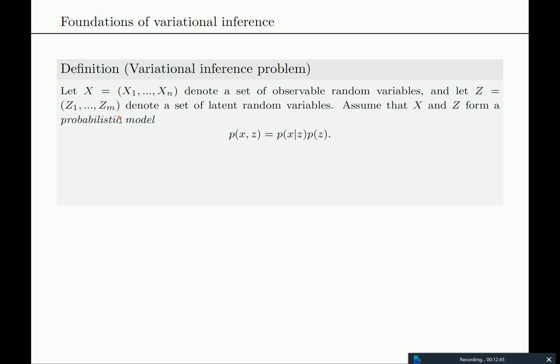These could, for example, be parameters, so one parameter that is related to all of the data points, or it could be a latent state that is related to each of these observations, like in state space models. So we are not specifying these things further for now. Later on, when we talk about examples, there of course we make things more concrete. Here we just assume that we have these observable random variables for which we can acquire data, and we have these unobservable or latent random variables which we can only indirectly observe by means of the data.